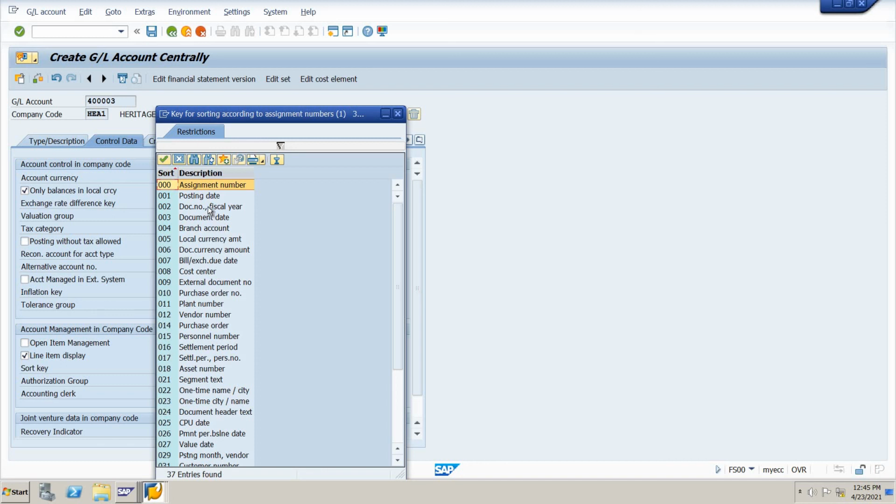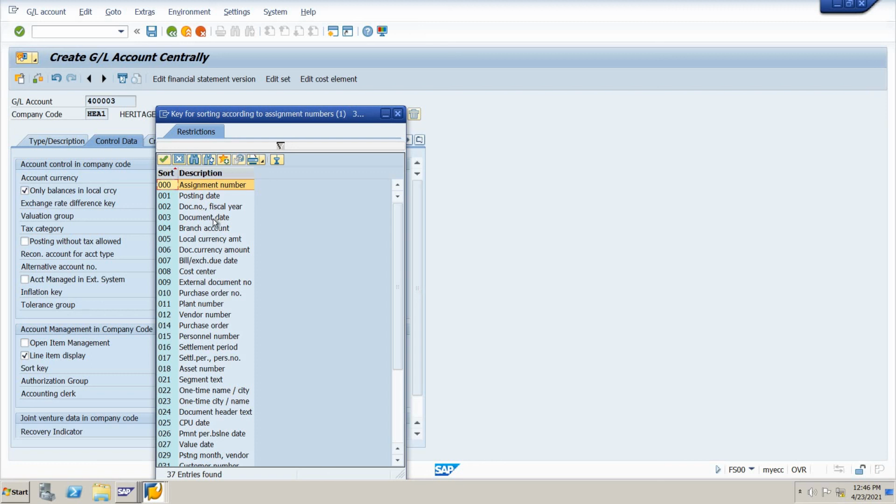For example, we need to take 002. Why? Because if you go into the miscellaneous expenses reports, it shows the document number, it shows the fiscal year,